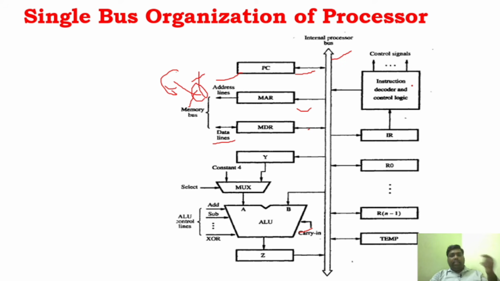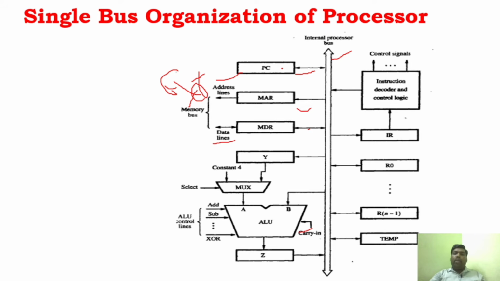And now the very first thing is the program counter. You have to write about the program counter. You know that it will have the information about which instruction is going to be executed next. So that information will be in the program counter, and the program execution will start. The instruction execution will start at the program counter, which means as soon as there is an instruction in the program counter, that particular information will be fetched to the processor through the memory, correct? So that is the information about PC.